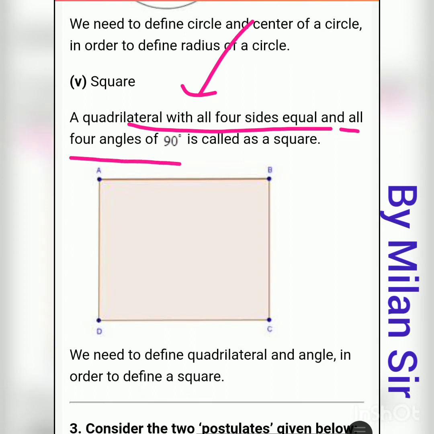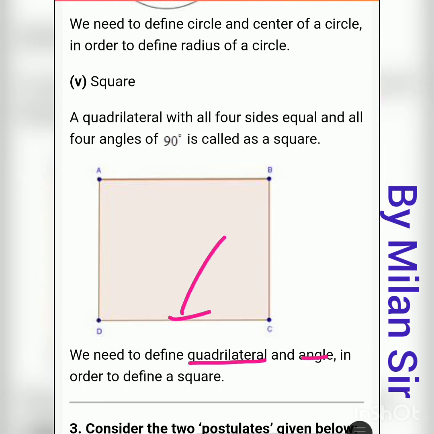Many students make a mistake here. They just write that all four sides are the same, but all four sides are the same in a square and in a rhombus even, and a rhombus is not a square, right? So to specify the square, we need to write this full definition: all four sides are the same and all four angles are the same, otherwise 90 degrees. It is called a square, in quadrilateral. Now here we need to define the terms quadrilateral and angle in order to define a square. We can also write here sides. So quadrilateral and angles are the terms we need to define first.